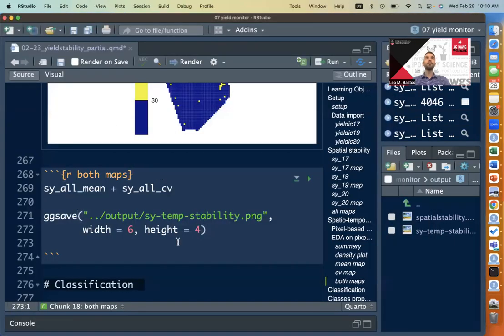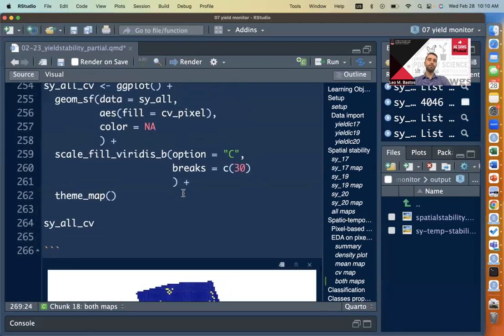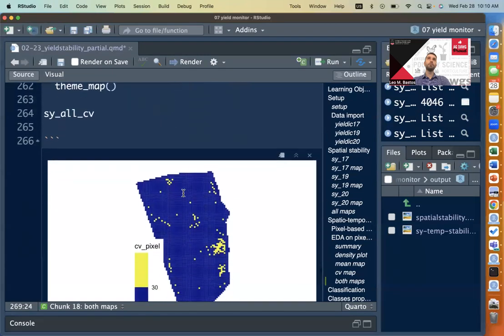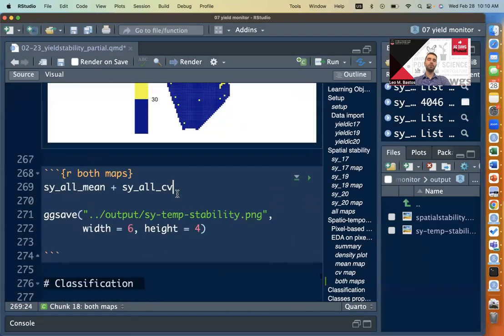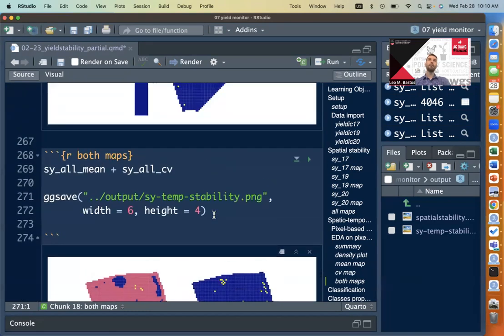Yours was not combined? Yes, so this part of the code, I think you already had, so I would assume this would not be where the issue is. So if you ran this line of code here, and you don't get both maps to print below, just give it to me. And then I'll-